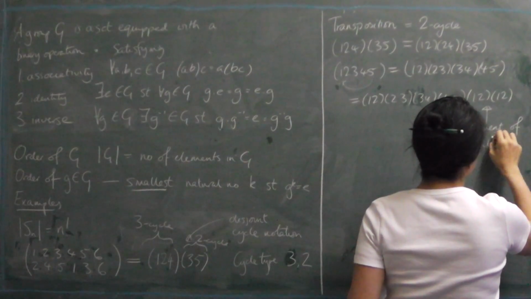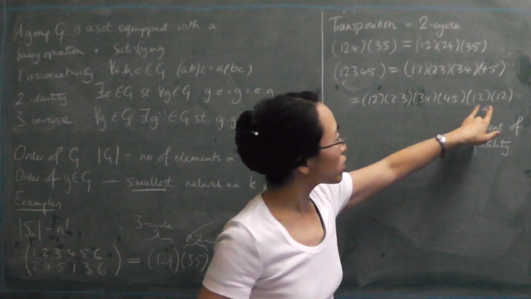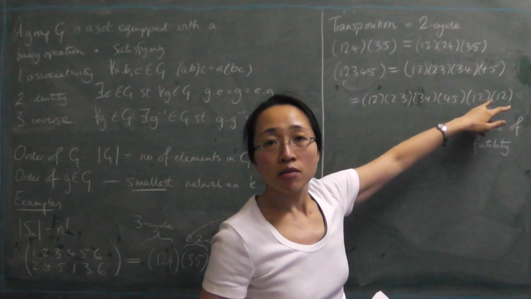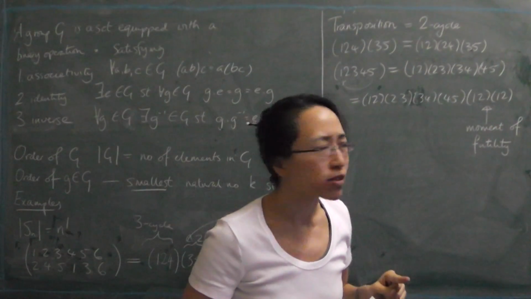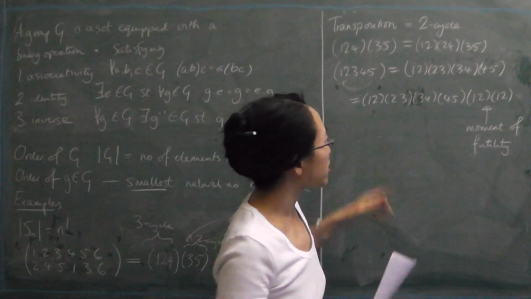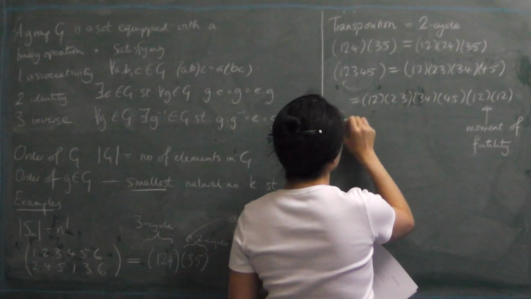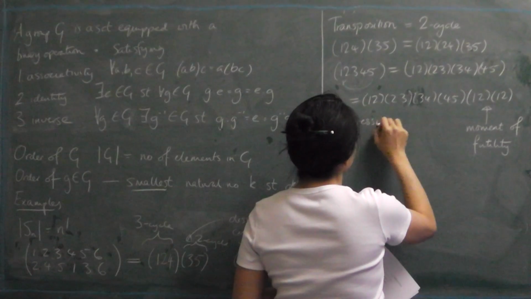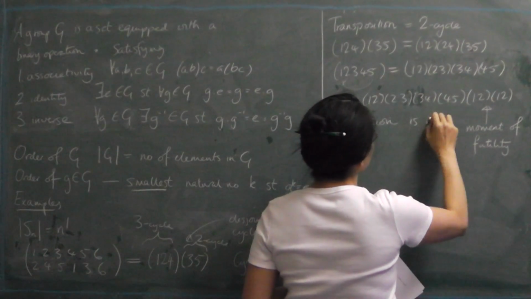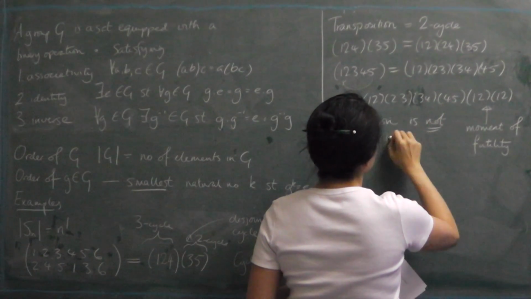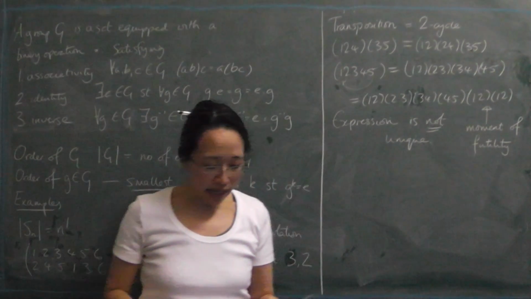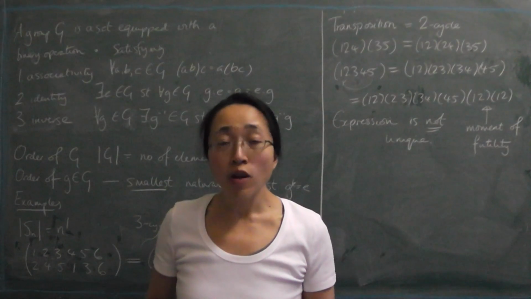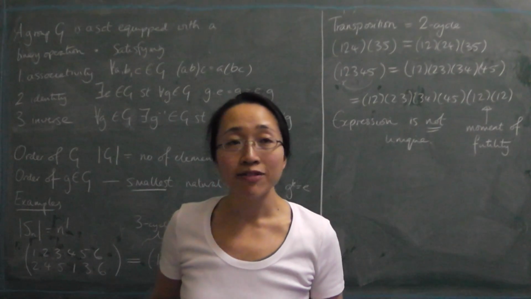We've put in a (1 2) and immediately taken it out again, which is a bit pointless, except it's not pointless because it's demonstrated a very profound point, which is that this expression is not unique. But something that is true about it is that all expressions of the same element will have the same